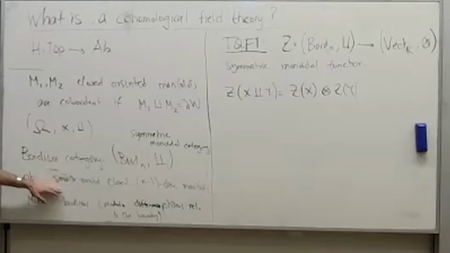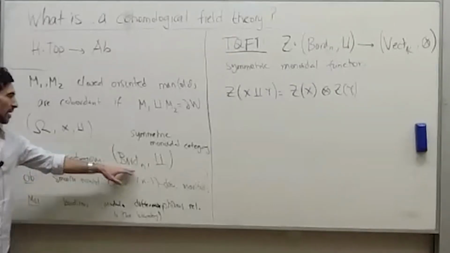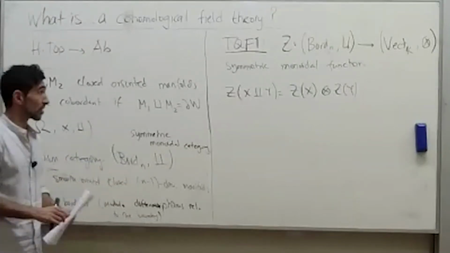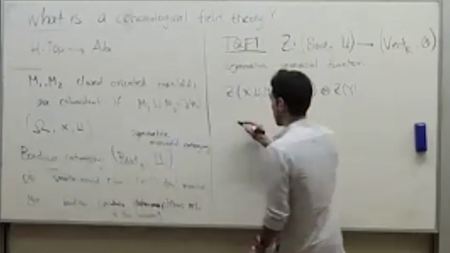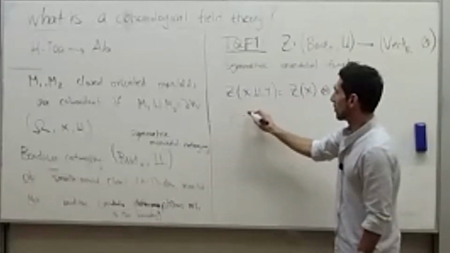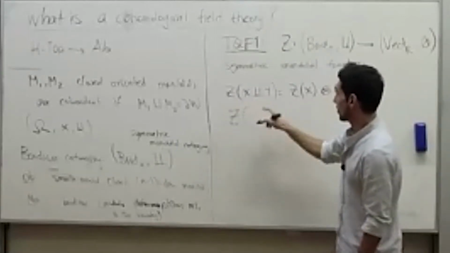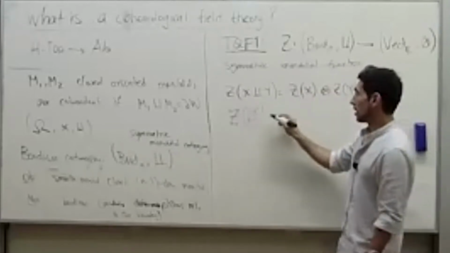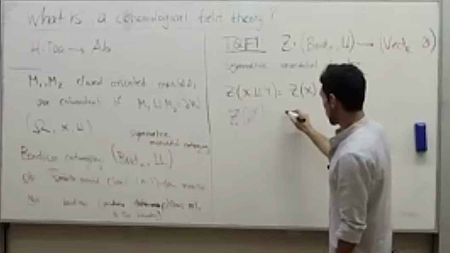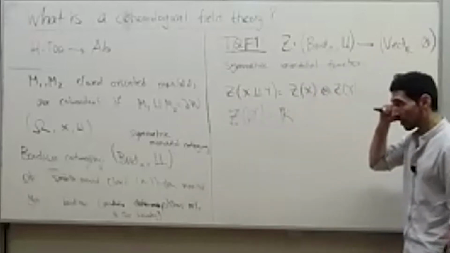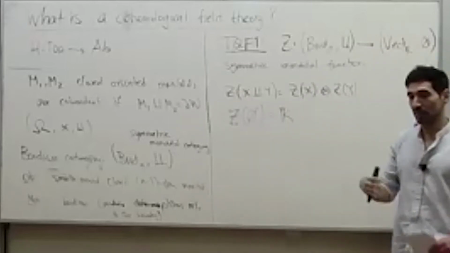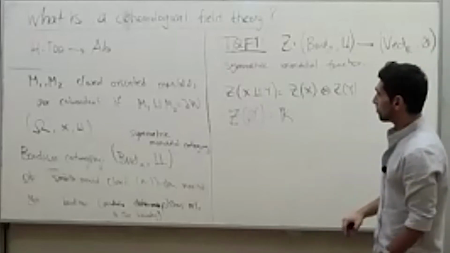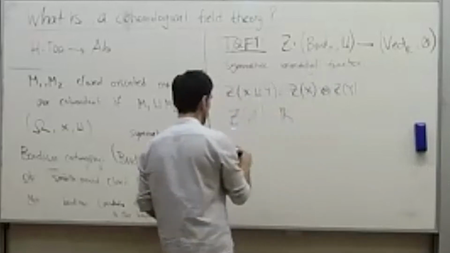Okay. Good. So Bord_n has objects (n-1)-dimensional closed oriented manifolds, and the morphisms are bordisms between them. Another property of the multiplicative nature of this functor is that if you evaluate it on the empty manifold, instead of being 0, it gives you the field. So in this sense, you can think of this as an exponentiated version of homology. And